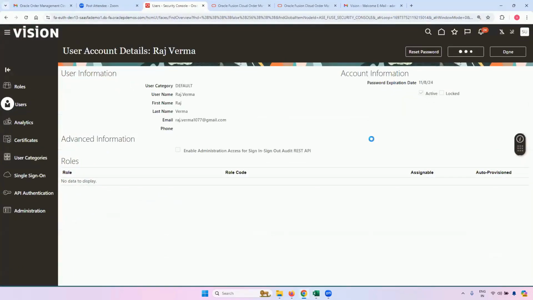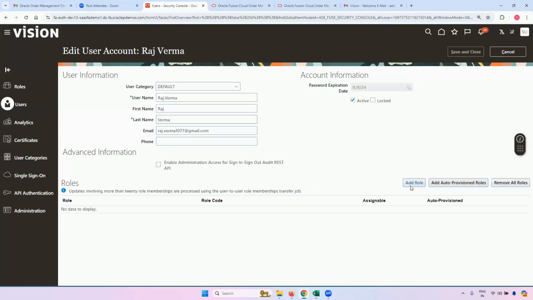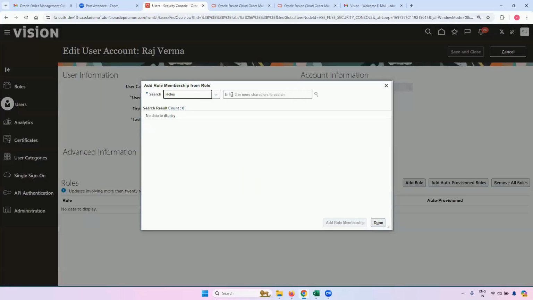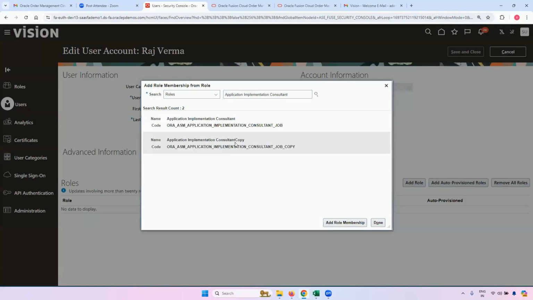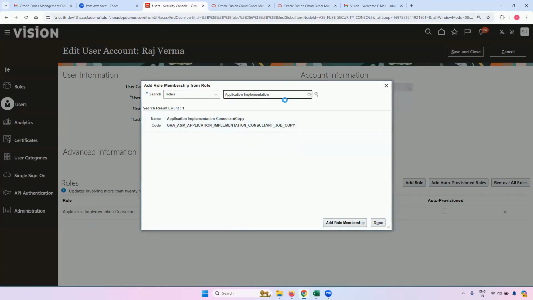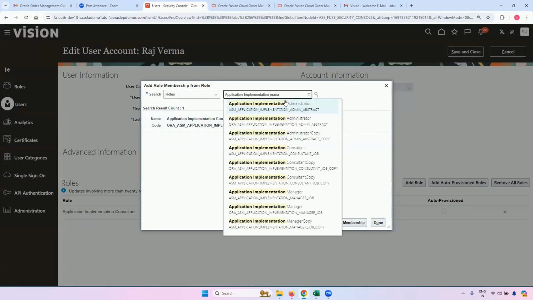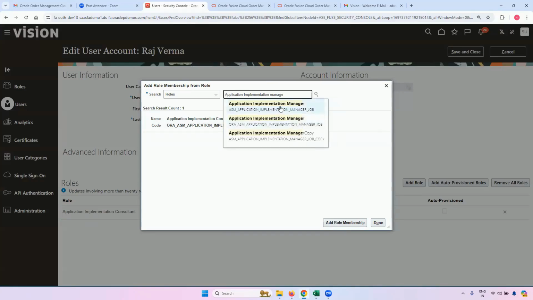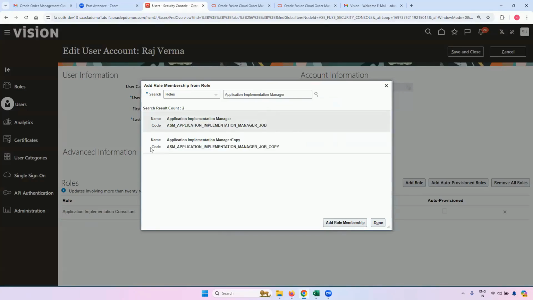Click on edit, click on add role, and just application implementation consultant, add role membership. This is done. Now application implementation manager, not the ESM one.